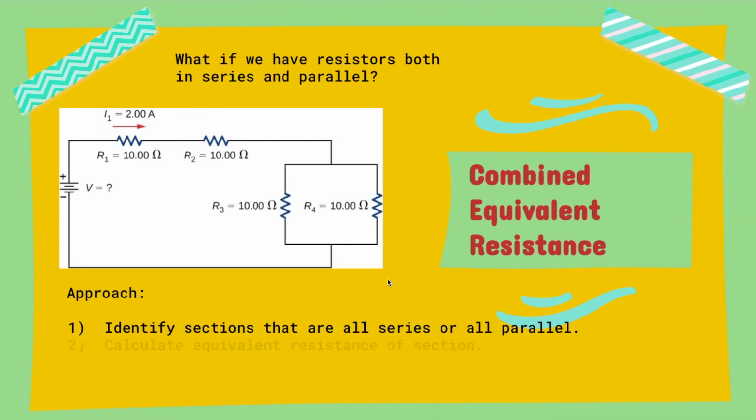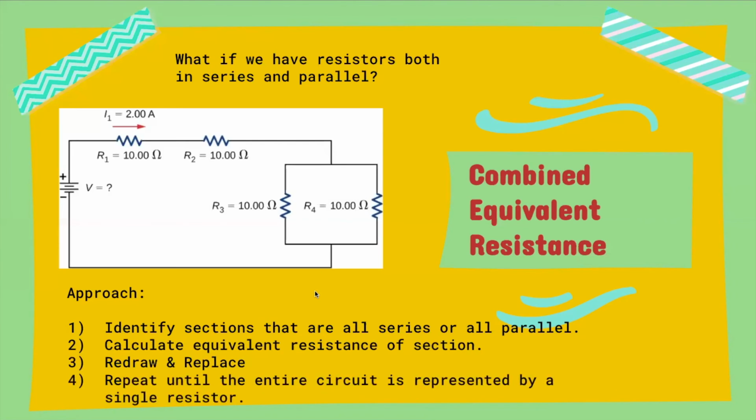Then I'm going to calculate, using my parallel equivalent resistance equation, just the resistance of that section. I'm going to replace the 3 and 4 ohm resistors with their equivalent and repeat these steps until the entire circuit can be boiled down to just one resistor. So I'm going to show you these 4 steps, step by step, to solve this equivalent resistance problem. Okay, so for this,